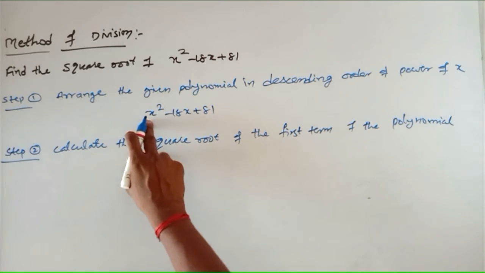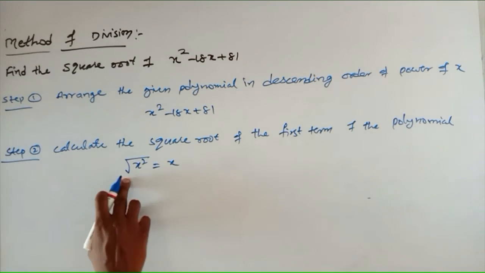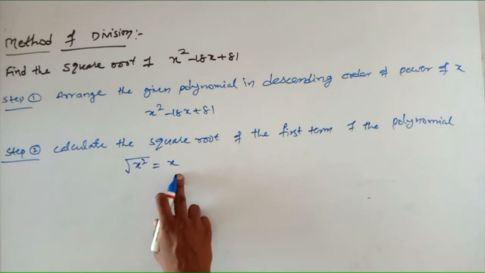What is the first term of the polynomial? That is x square. So square root of x square is x. Square root of x square is x. So I have calculated the square root of x square. The next step,